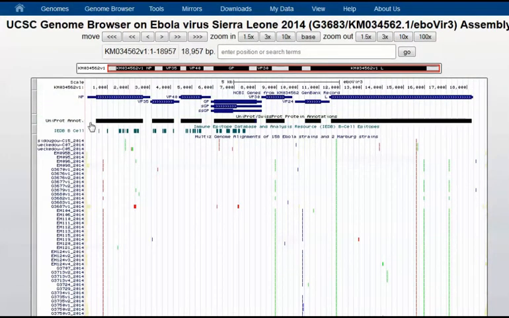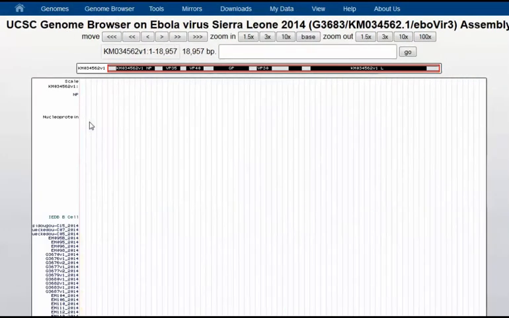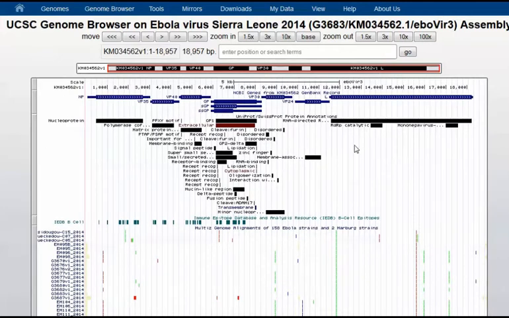So if I click on this track, it will open that track and expand that, and now it's in the pack mode, and you can see that there's actually additional details that weren't obvious when you first arrived. So in addition to the features that we saw before, we now have information about all these other features that are associated with these genes. If you scroll down now